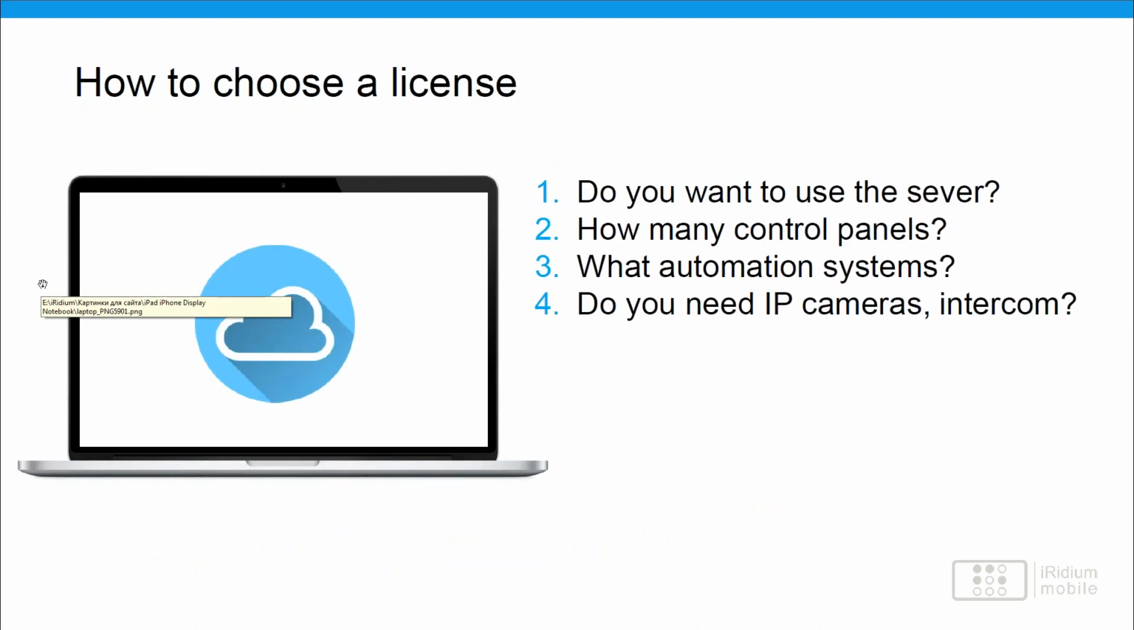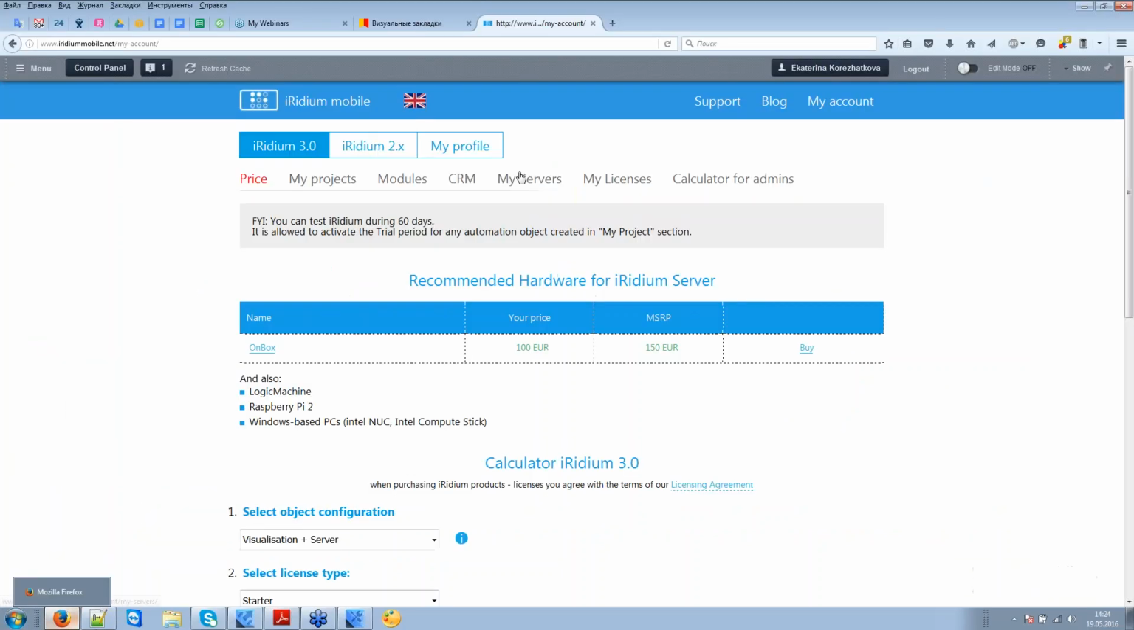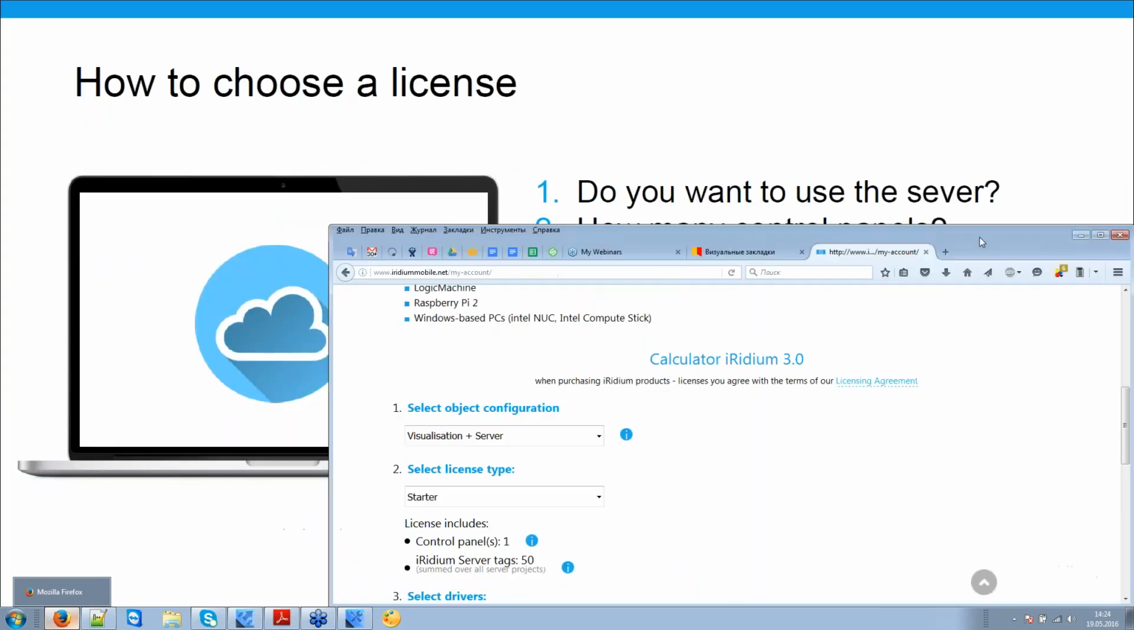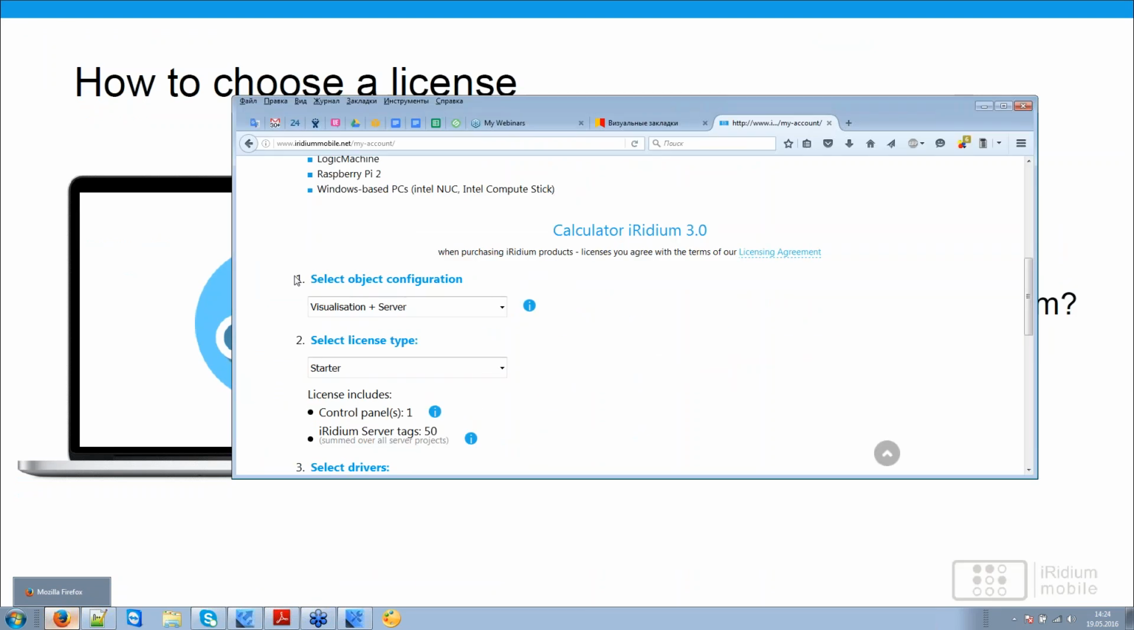How to choose a license? There are two main questions you have to answer before choosing a license. I'll show you the calculator on the website and we will answer these questions together. The first question is, do you want to use a server? Here you can see the question,